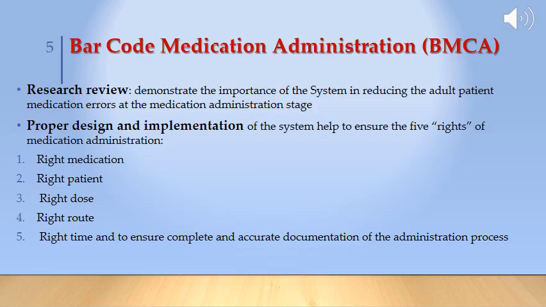Another system discussed is the barcode medication administration. The authors review research that demonstrates the importance of the system in reducing adult patient medication errors at the medication administration stage, and how the design and implementation of the system help to ensure the 5 rights of medication administration: right medication, right patient, right dose, right route, right time, and to ensure complete and accurate implementation of